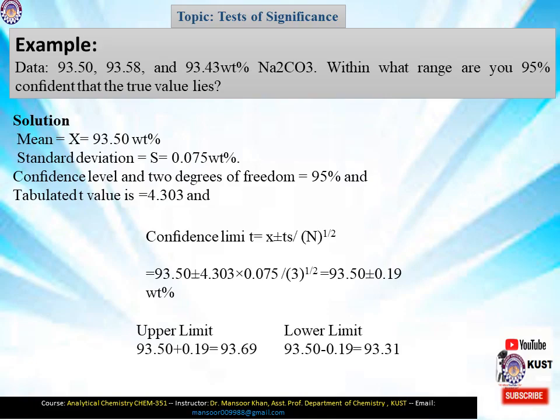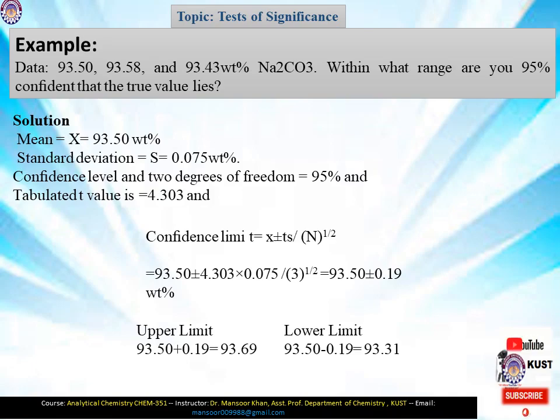Now, as we mentioned in our previous lecture, when we increase the confidence interval, the confidence level increases. So if we increase from 93.69 to 93.70, 93.71, and on the other hand, on the lower limit, if we decrease the value from 93.31 to 93.30, 93.29, it means that we are increasing the range. So with increasing this interval, the confidence level will be increased, but the uncertainty will also increase, which we do not want in most of analytical chemistry.